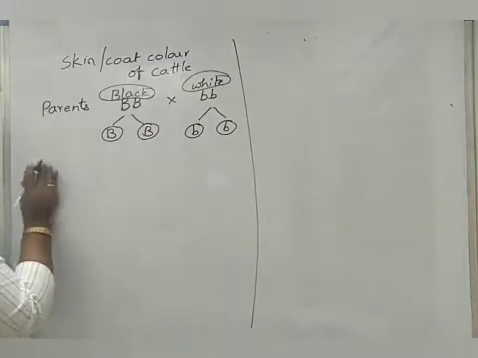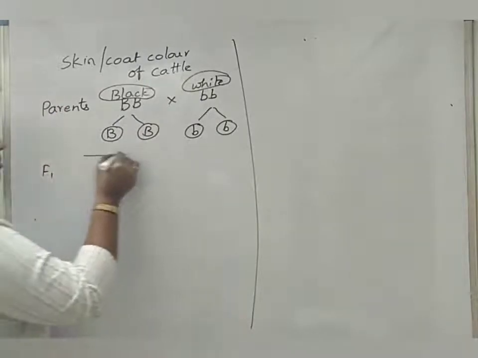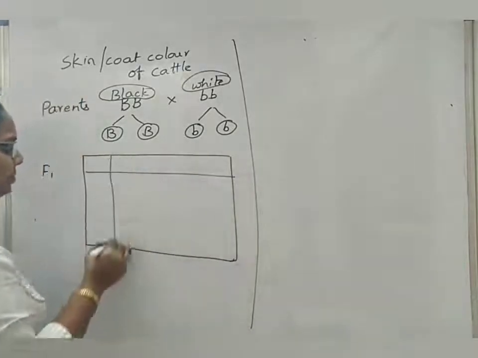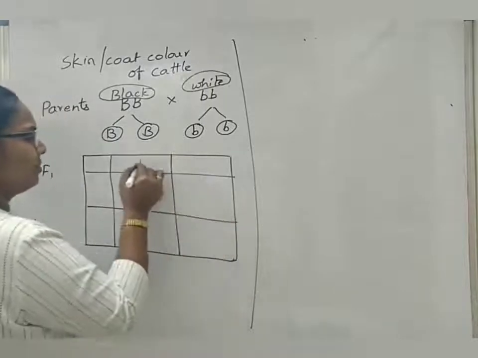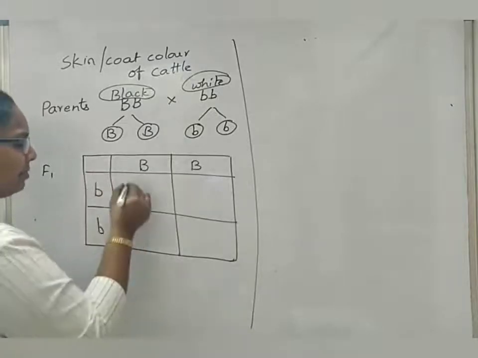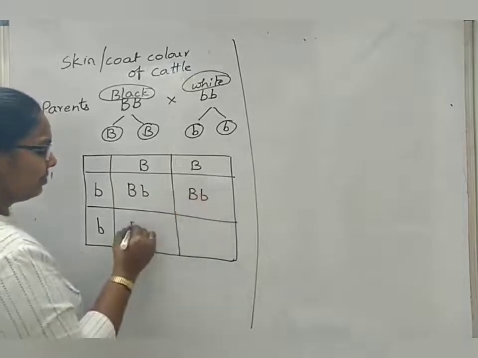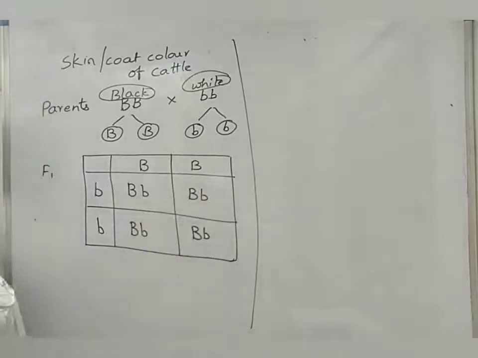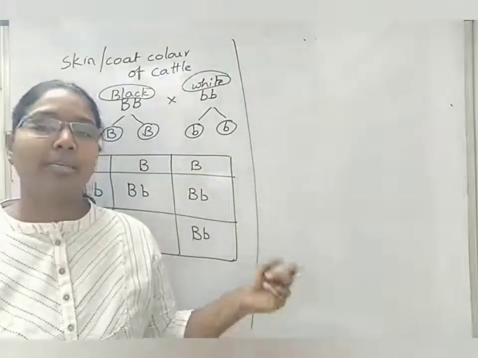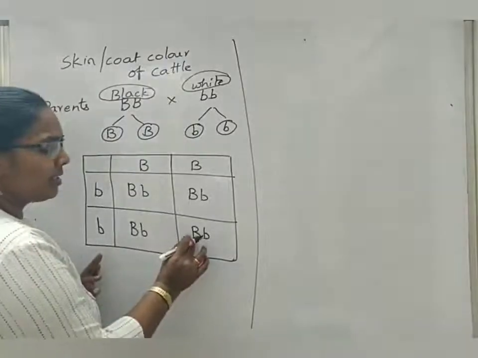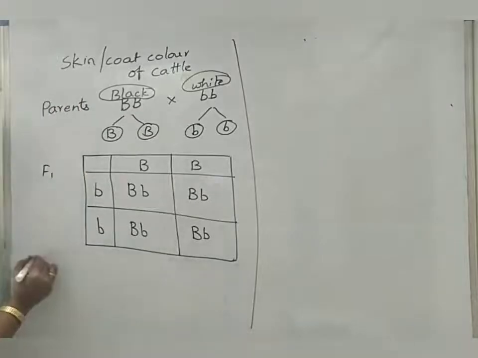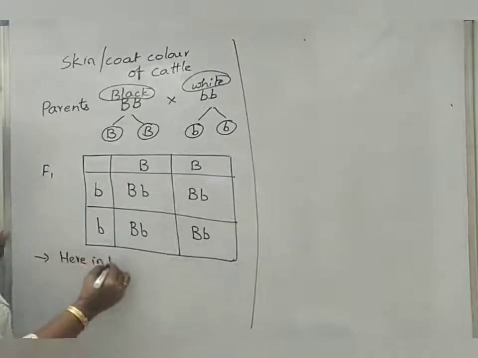Now, after obtaining the gametes, in the F1 generation, if we draw the Punnett square, then the genotypes are like this. It doesn't mean, according to the topic, that this capital B is considered as dominant as in fowls, which is incomplete dominance. It is not like this. Here we are just taking one example for our codominance explanation. Here in the F1 generation,